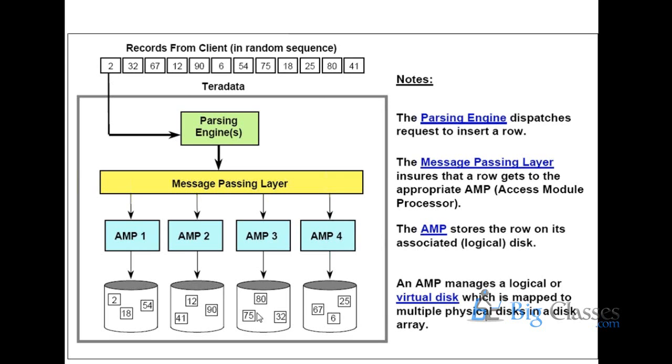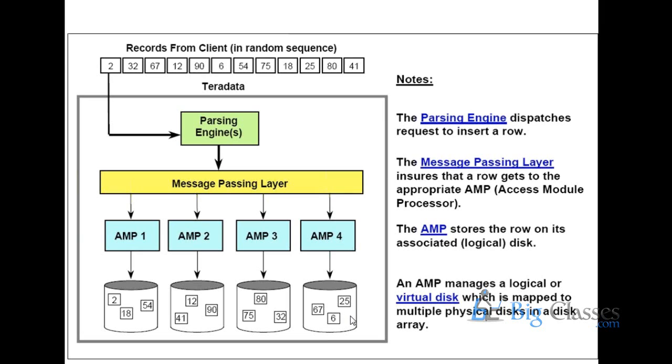So here in this example, the client is trying to insert some bulk number of records into a table, and if you see in the Teradata system, this is how the data got distributed. A single table's data is not stored in one particular disk. We are distributing the data across all the AMPs, so we are basically distributing the load of the table